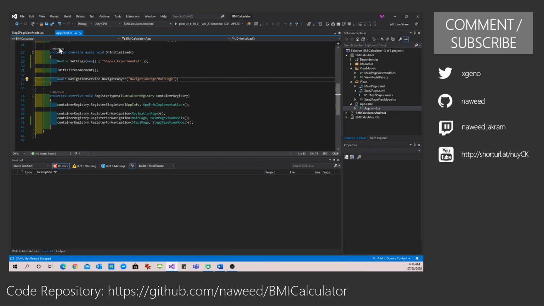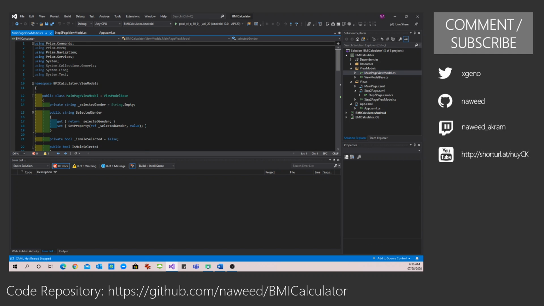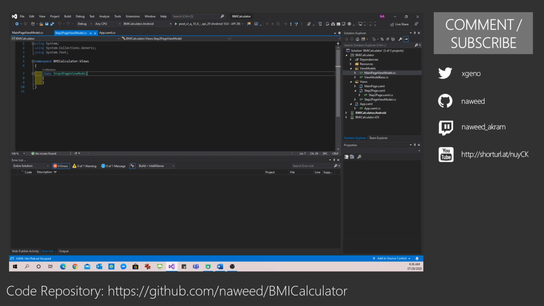Now this time around, I'm going to start with the view model, and let me steal some of the things over here. So it has to inherit from the view model base. It is a public class.